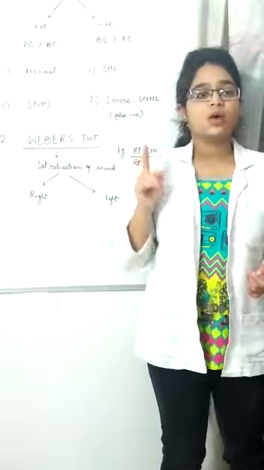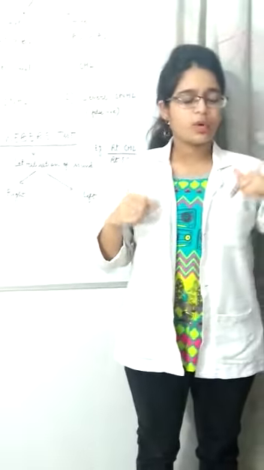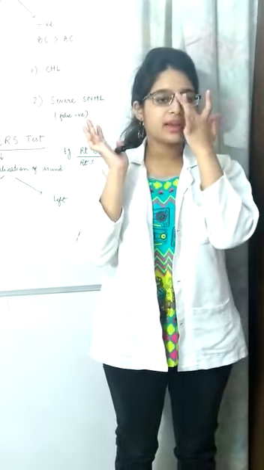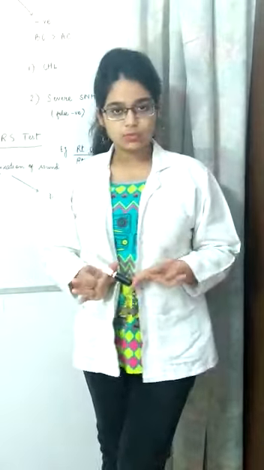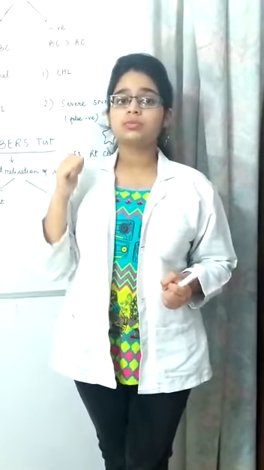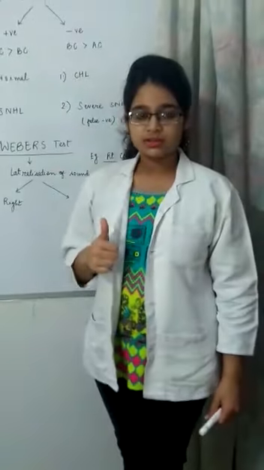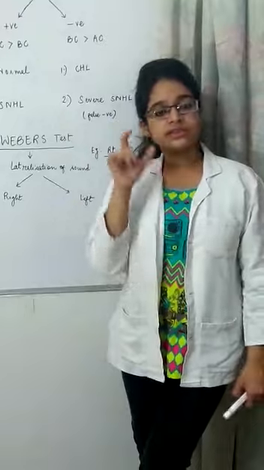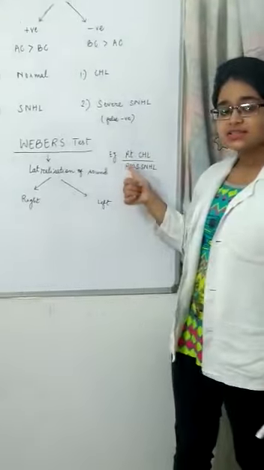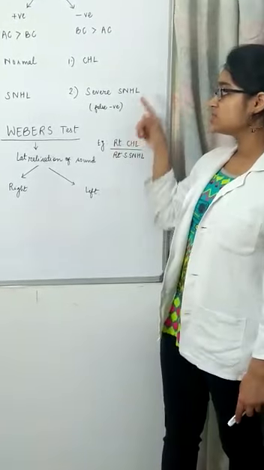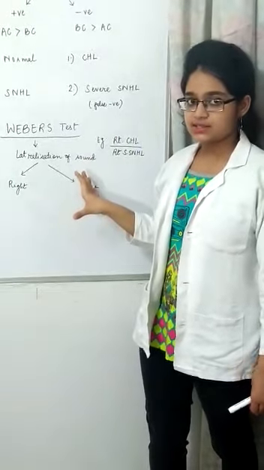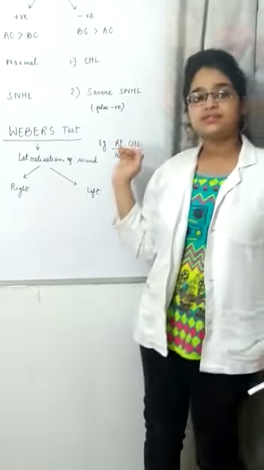Now in case the sound lateralizes to the left hand side, why is it happening? Because the sound is going all through my skull bones and it is vibrating both my cochlear fluids. But if my right ear is not able to sense that vibration, that means there is some pathology with the right cochlea. That means I am having some right sensory neural hearing loss, and it has to be a severe sensory neural hearing loss. Why? Because these are the categories of negative Rinne's test. Alright, so it has to be a right severe sensory neural hearing loss.